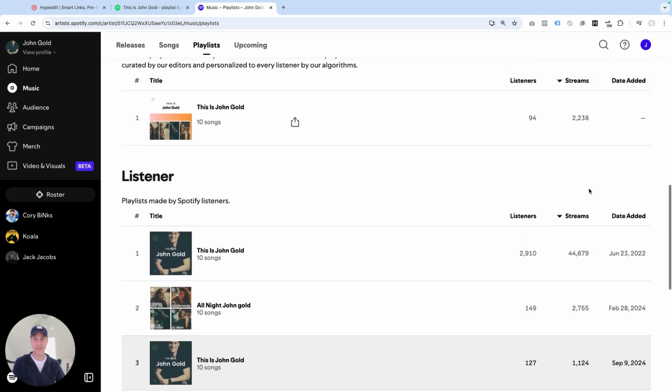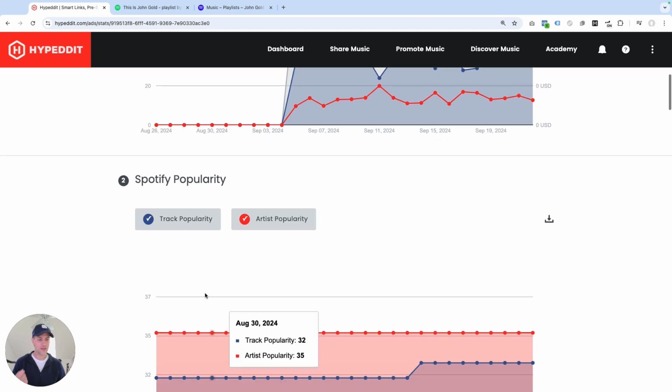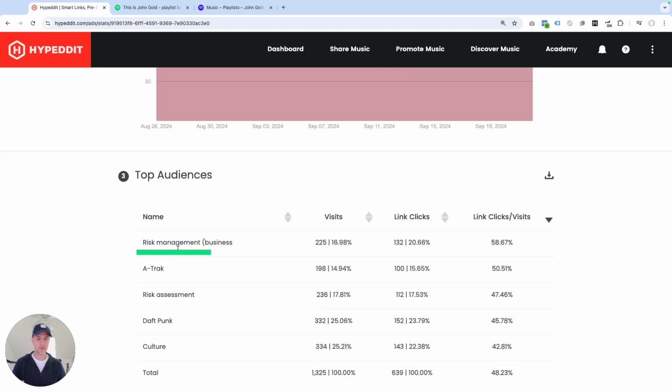So to me, again, my mind was blown all over again when I noticed that something that I didn't consider could be right. Because if you see here, that the fan targeting AI recommends something like risk management and it has nothing to do with music, how could this ever perform? But the way the fan targeting AI works is that it has access to data about music and about interest that performed well for that music.